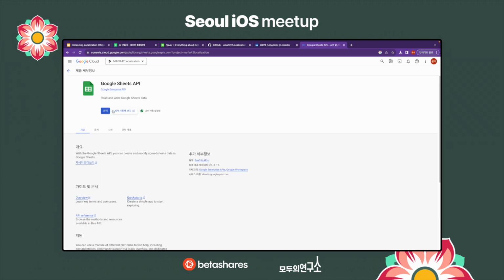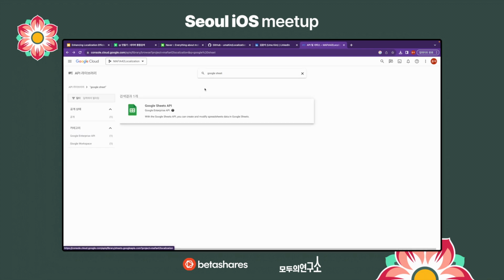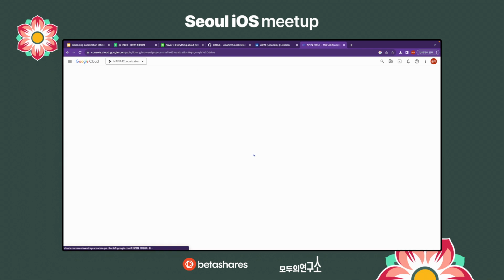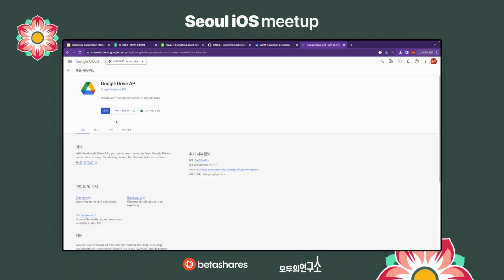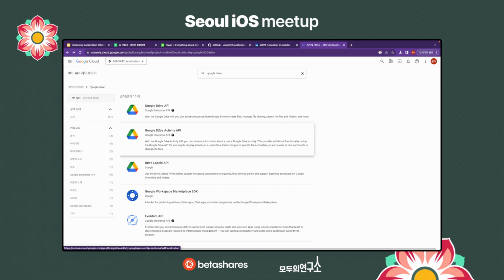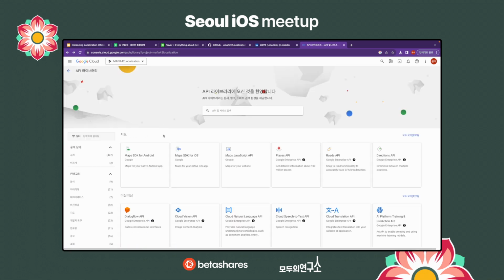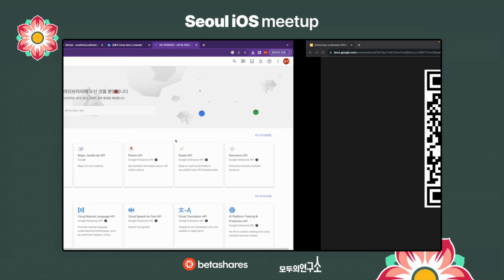Please click here to enable it. And then you need to enable the Google Drive API. So these are the two APIs that you need to enable.